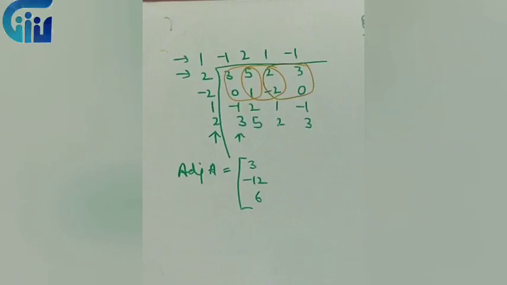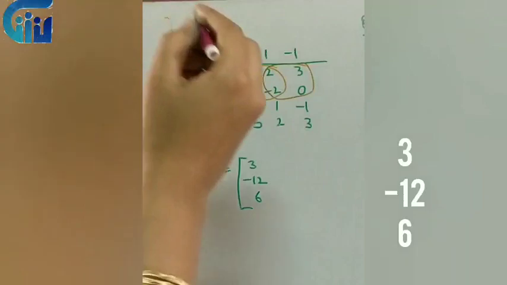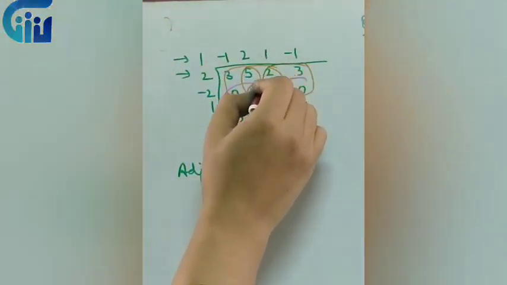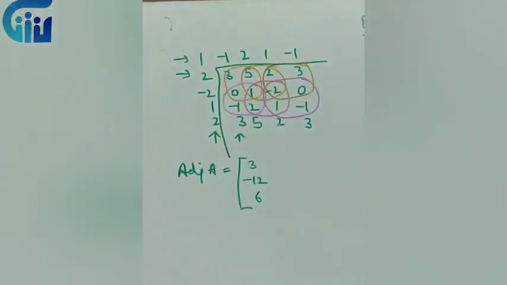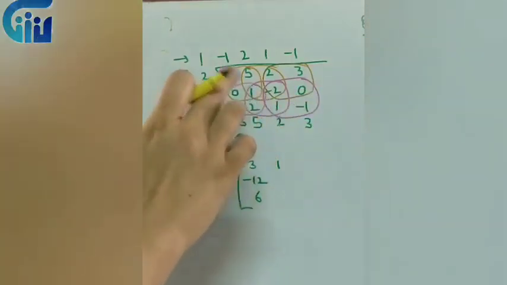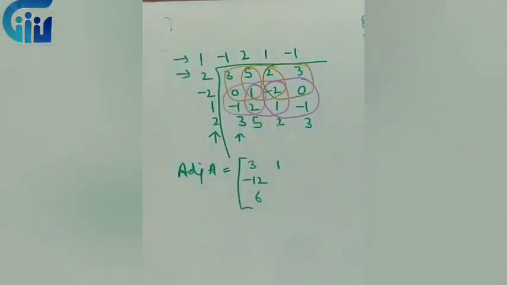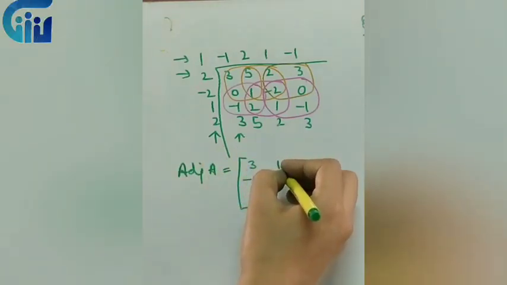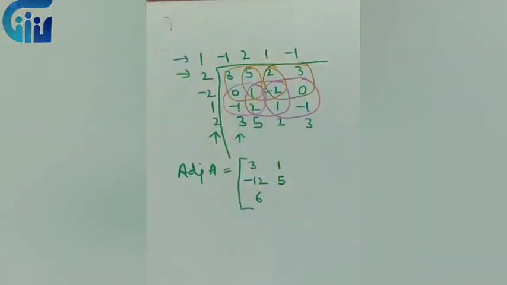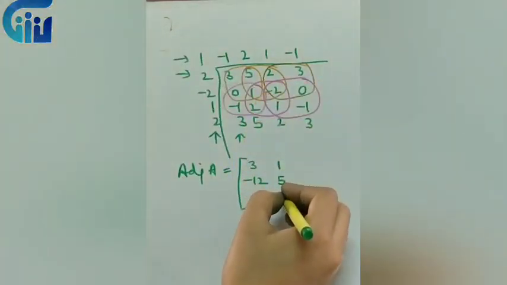Now again for the next column, I'll have my pairs like this. So we will have pairs like this, this and this. So the first circle, if I take, I'll multiply 2 with 0, and that is 0, minus of minus 1, that will be plus 1. So I'll write it over here. Then second is 1 into 1, that is 1, plus 2 into 2, that is 4, so 1 plus 4 is 5. So I'll write it like this. Minus 1 is what we'll have: minus 1 into minus 2, that is 2, minus 0, so it will be 2.